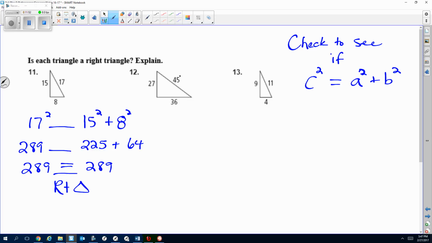Again, we start with our hypotenuse, the c. So we have 45 squared. We're comparing that to 27 squared plus 36 squared. That's why you need to use your calculator because you're squaring some big numbers here. So we get 2025. And then we have to do our 27 squared, 729, plus our 36 squared, 1296. And then we need to add those and compare it to our